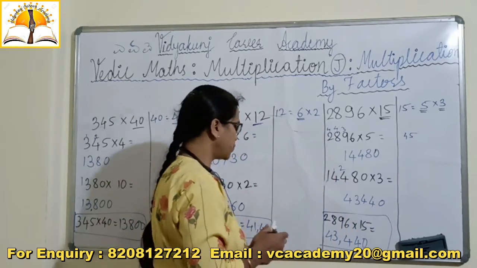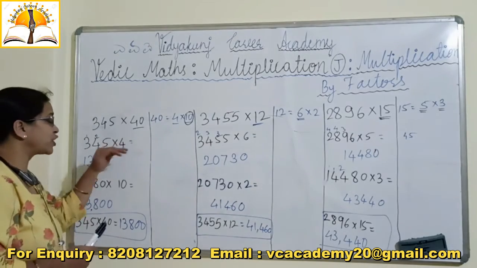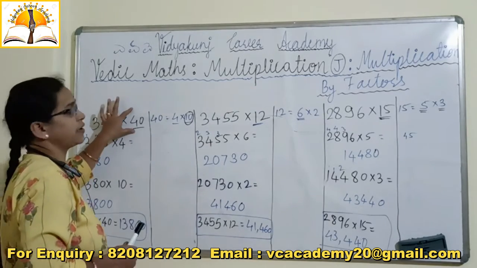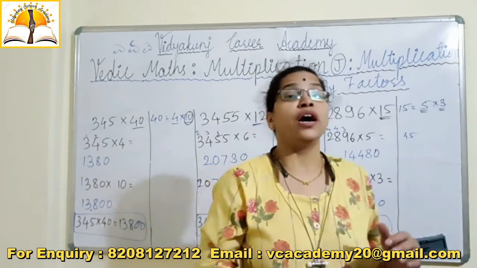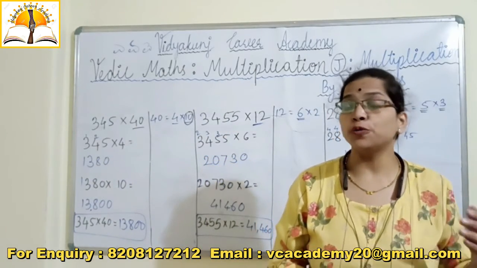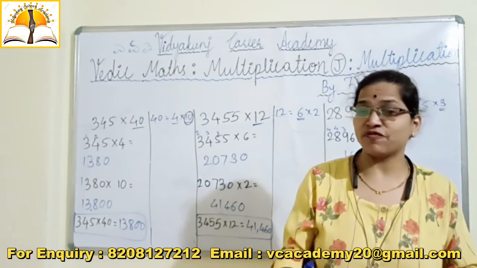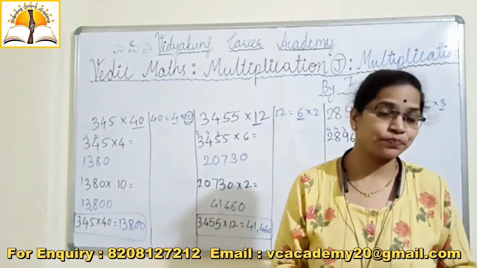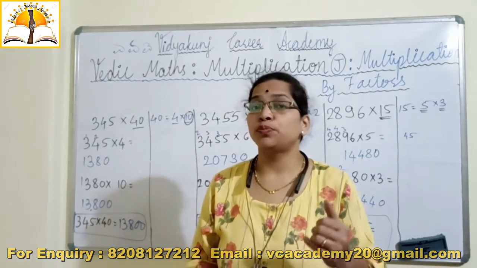I hope you understood how to do multiplication by using factors of the given multiplier. I hope you understood how to solve multiplication in a different way by using factors of the multiplier. If you have any query regarding this, put your query